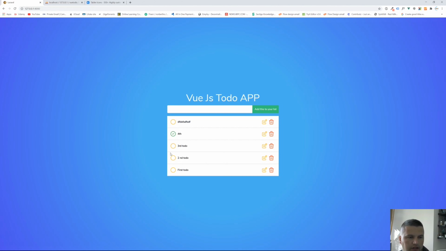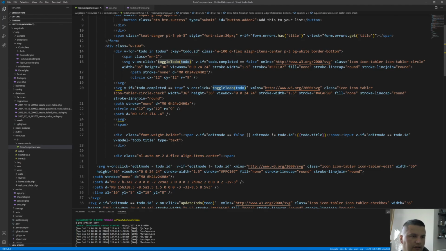So these are incomplete, and this one is completed now. So basically this if statement switches between true or false, and we can click on these SVG icons using v-on:click toggle to-do, and we will be able to update the